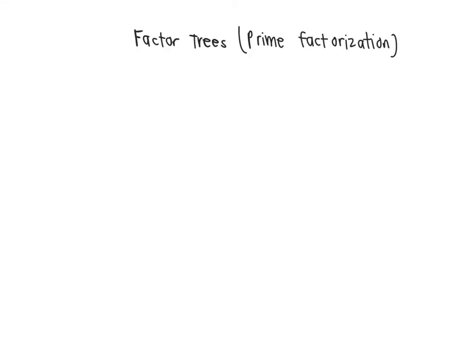Okay, here's our how-to on factor trees or prime factorization. If you remember, factors are numbers that we multiply. And prime factorization is that we need to only have prime numbers that we multiply. So, remember, it looks like a tree. So our number is kind of like the star or the angel on top of the tree. So let's start with the number